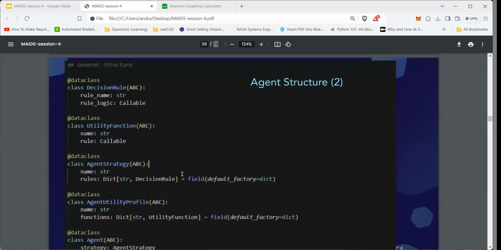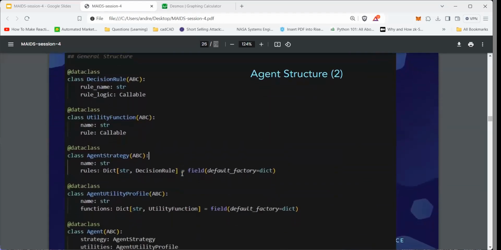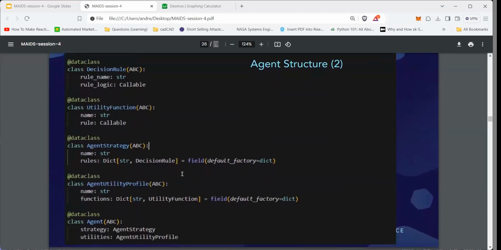So the coding framework or structure that I'm playing with here just makes these things explicit and says there needs to be spots in the code for anything that a MAIDs agent has. So MAIDs agents have decision rules, and so there's a decision rule class. That means we have to define what the decision rules are for the agent. I like to have things have names. It's not required, but I would want my decision rules to have names so that I can tell them apart later after my experiments are over.